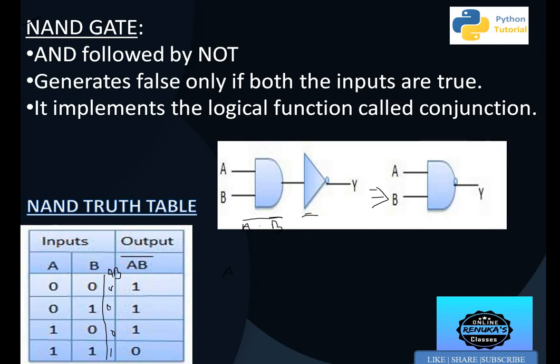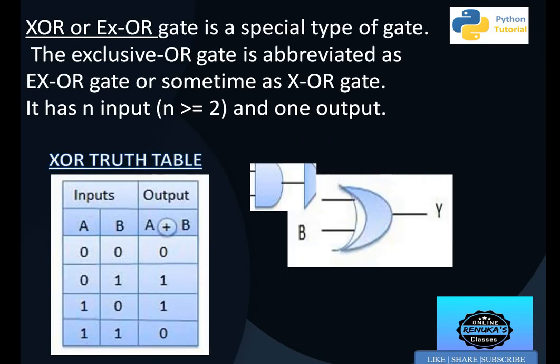As we discussed earlier, AND gate says that both the inputs should be 1, then only the output will be 1. So 0 0 0 1, and now NOT of AB means reverse of all these outputs: 1 1 1 0. So this is for NAND gate. They're very simple, you just have to pay attention carefully. If you want to understand, then only you can understand.